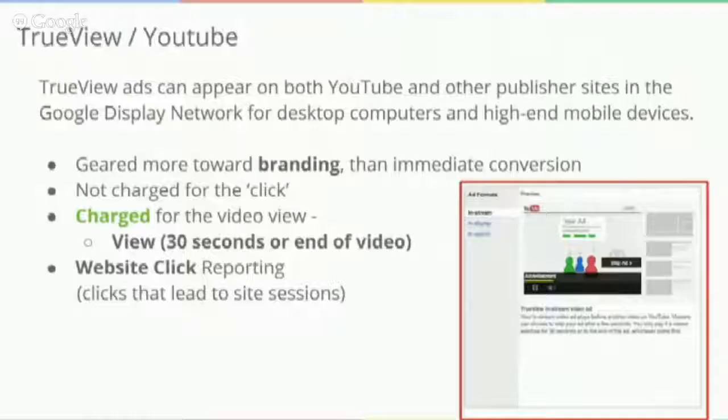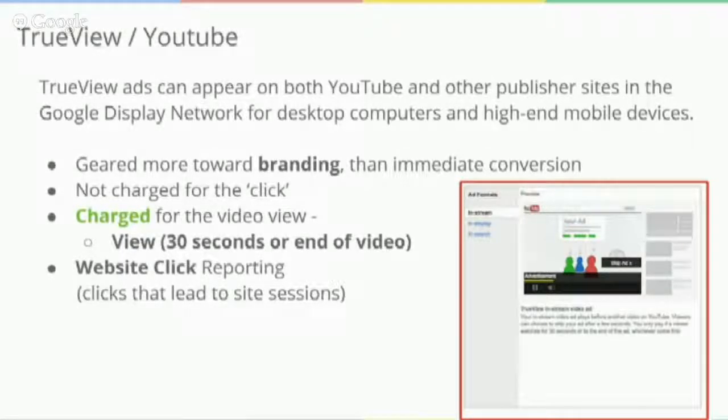Sure. Thanks, guys. There are actually two formats that I want to specifically call out, just because they're different to the way a normal ad format would work, and when we compare clicks and sessions, they're going to be different for these particular ad formats.